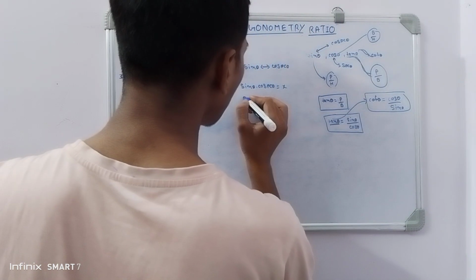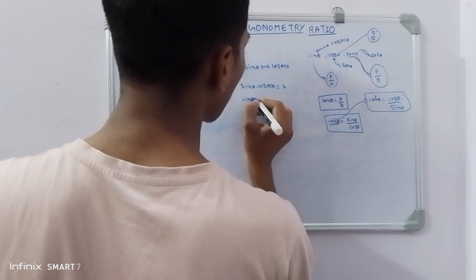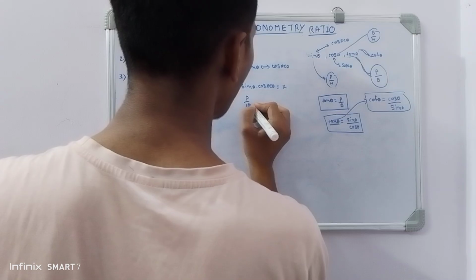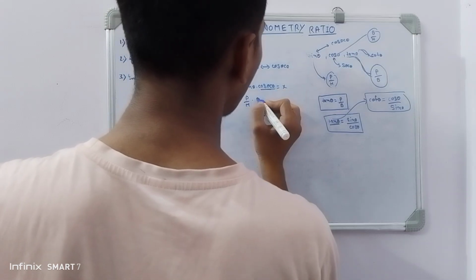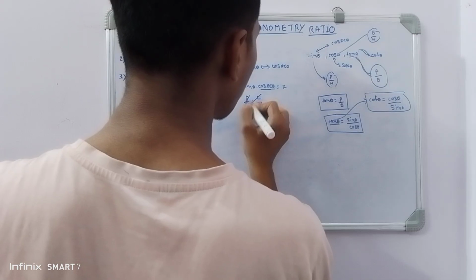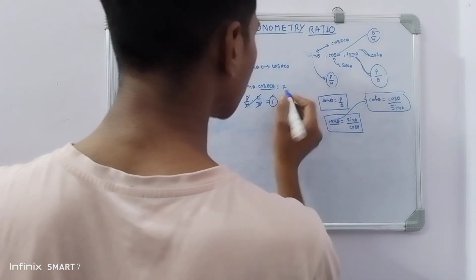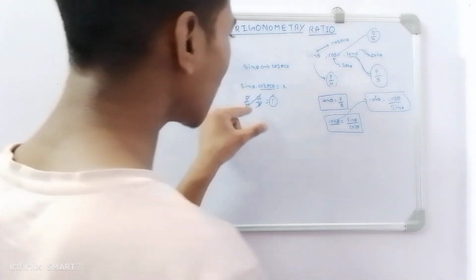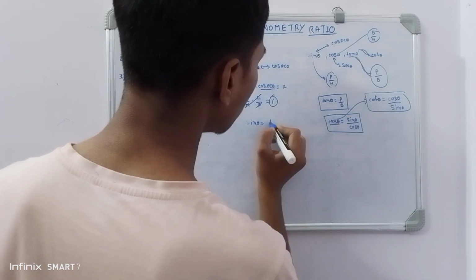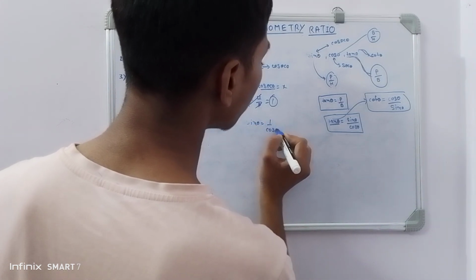As you know, sine theta means P by H, and cosec theta means H by P. So H and H, P and P will cancel out. So we will get 1, that means x is equal to 1. From this I would like to tell you that sine theta can be written as 1 by cosec theta,